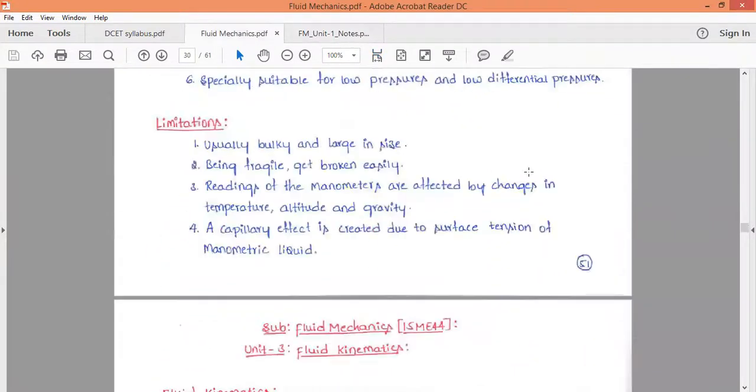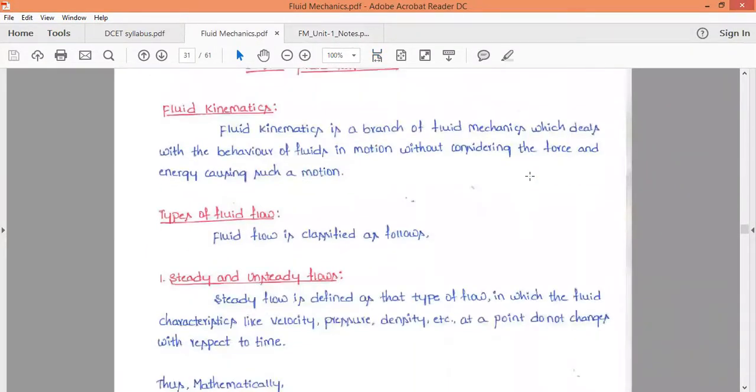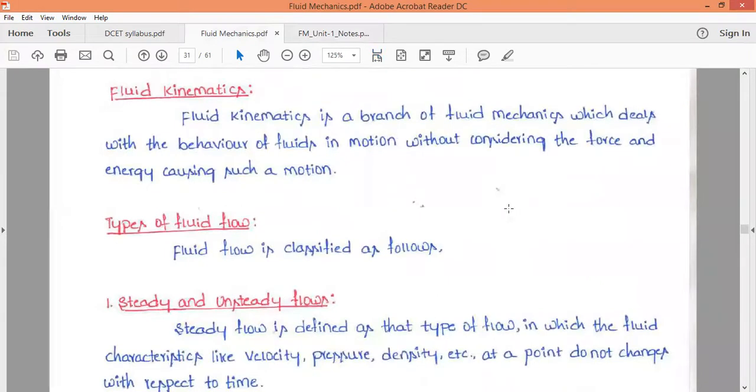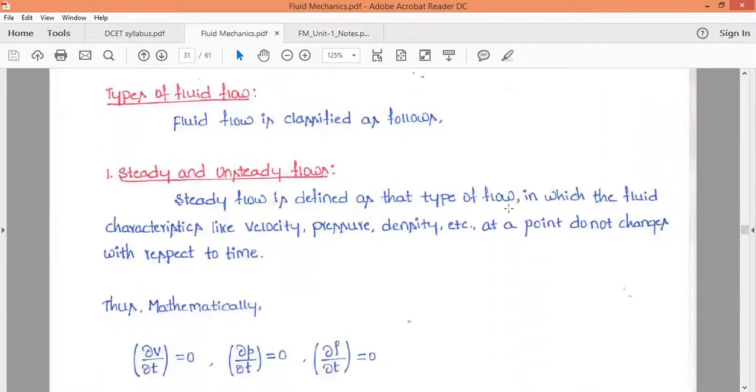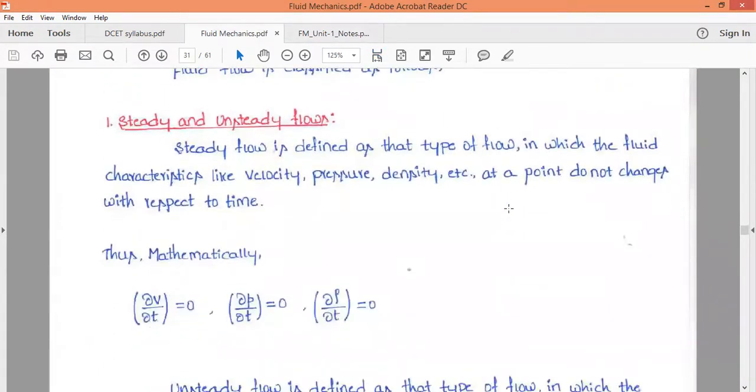Okay, let us discuss fluid kinematics, the different types of flow. First one, steady flow and unsteady flow. Steady flow means